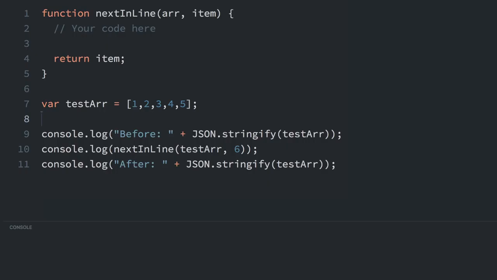In computer science, a queue is an abstract data structure where items are kept in order. New items can be added to the back of the queue, and old items are taken off from the front of the queue. We're going to simulate some of the functionality of a queue right now, using this nextInLine function. So, the purpose of this is to show that in this nextInLine function, you can add an item to the array that's passed in, and then it's going to return the first item on the